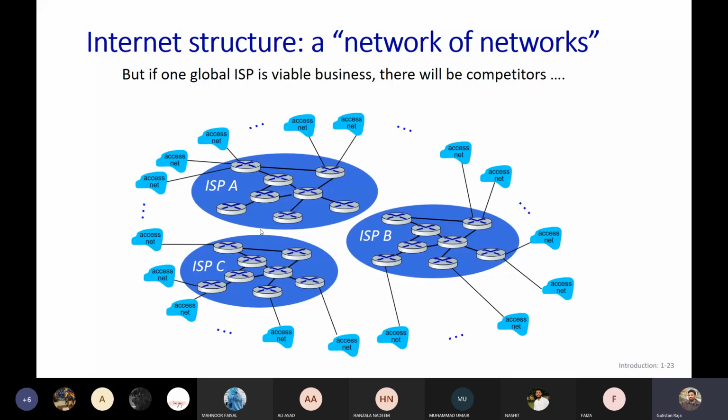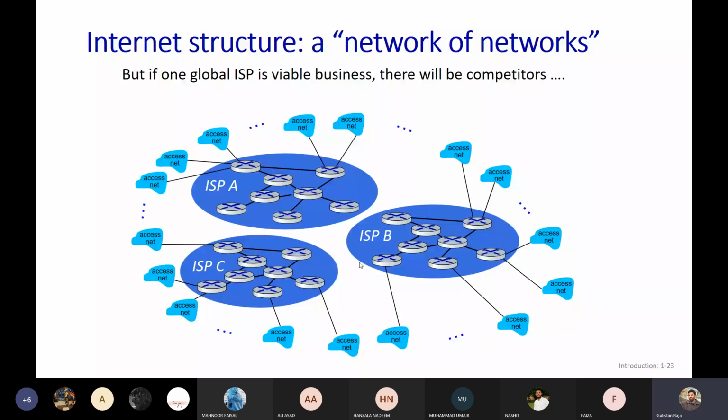Rather than one ISP, there are competitors: ISP A, ISP B, ISP C, etc. And the different access networks will have connections to these different global ISPs. Instead of one ISP, there will be multiple big, global ISPs, you can think,